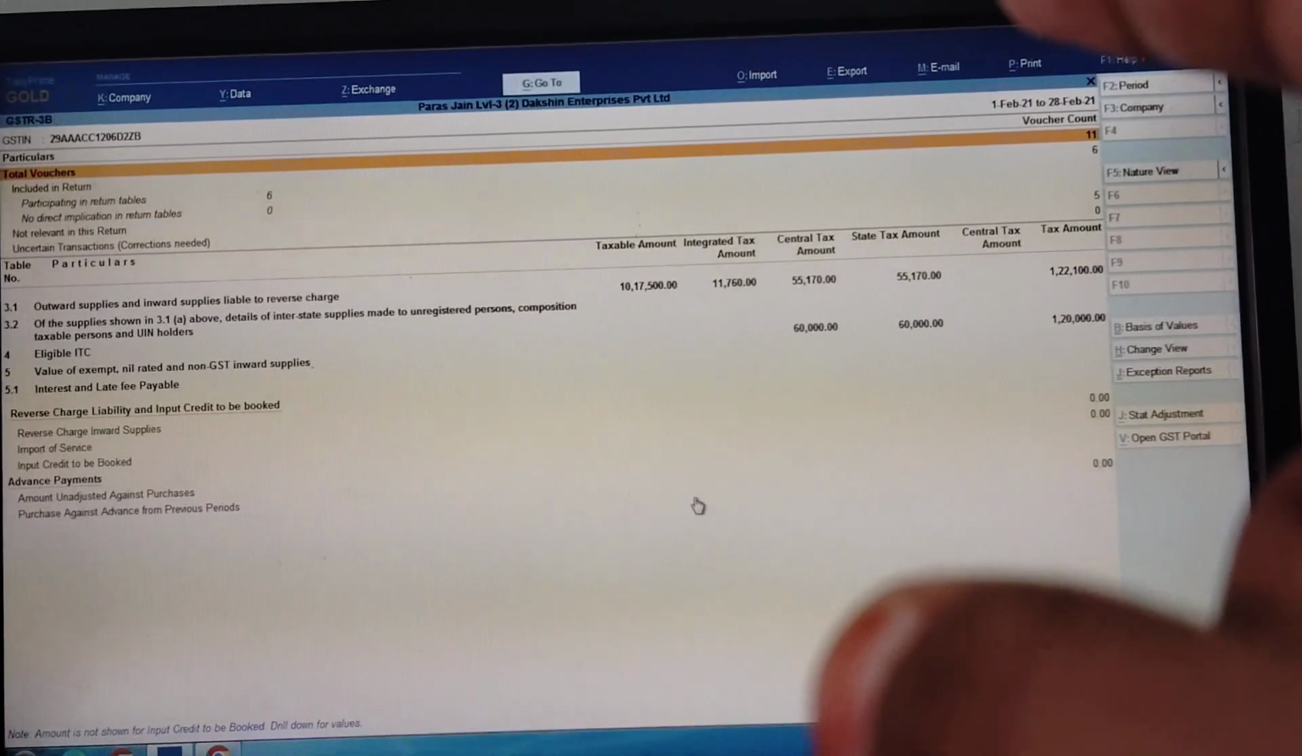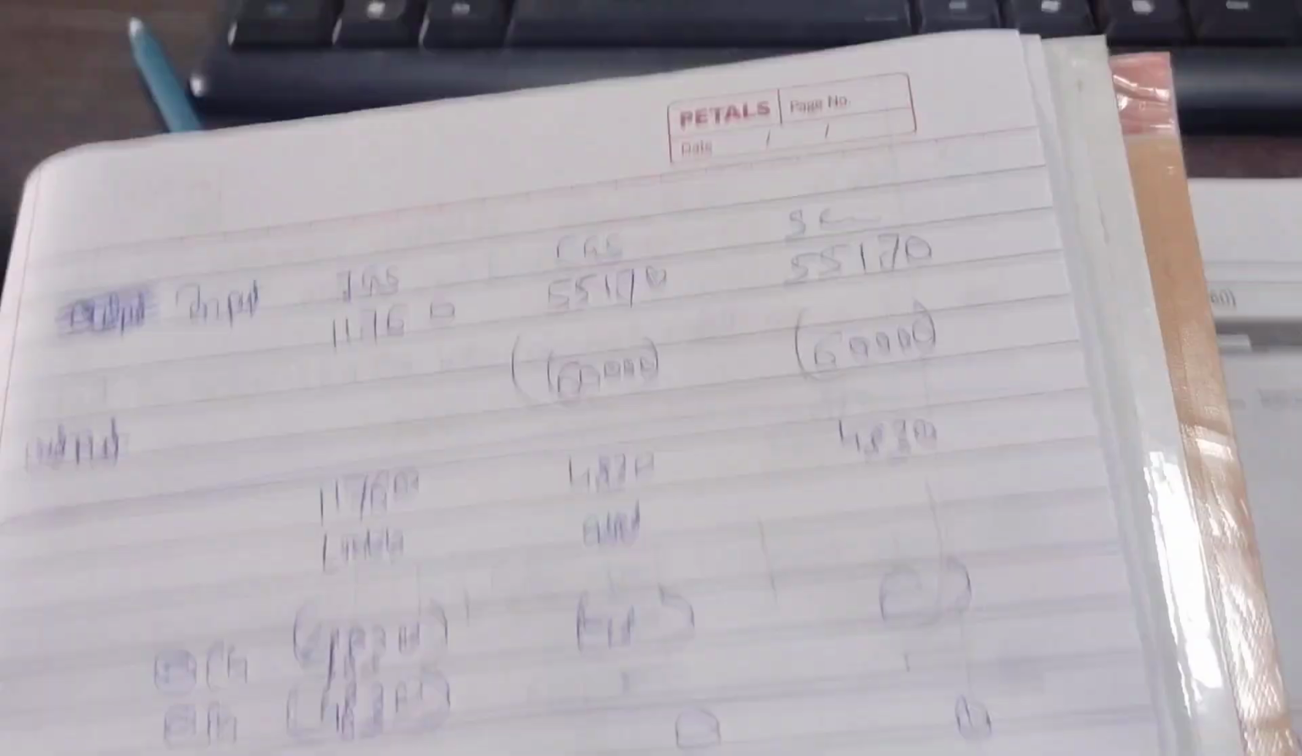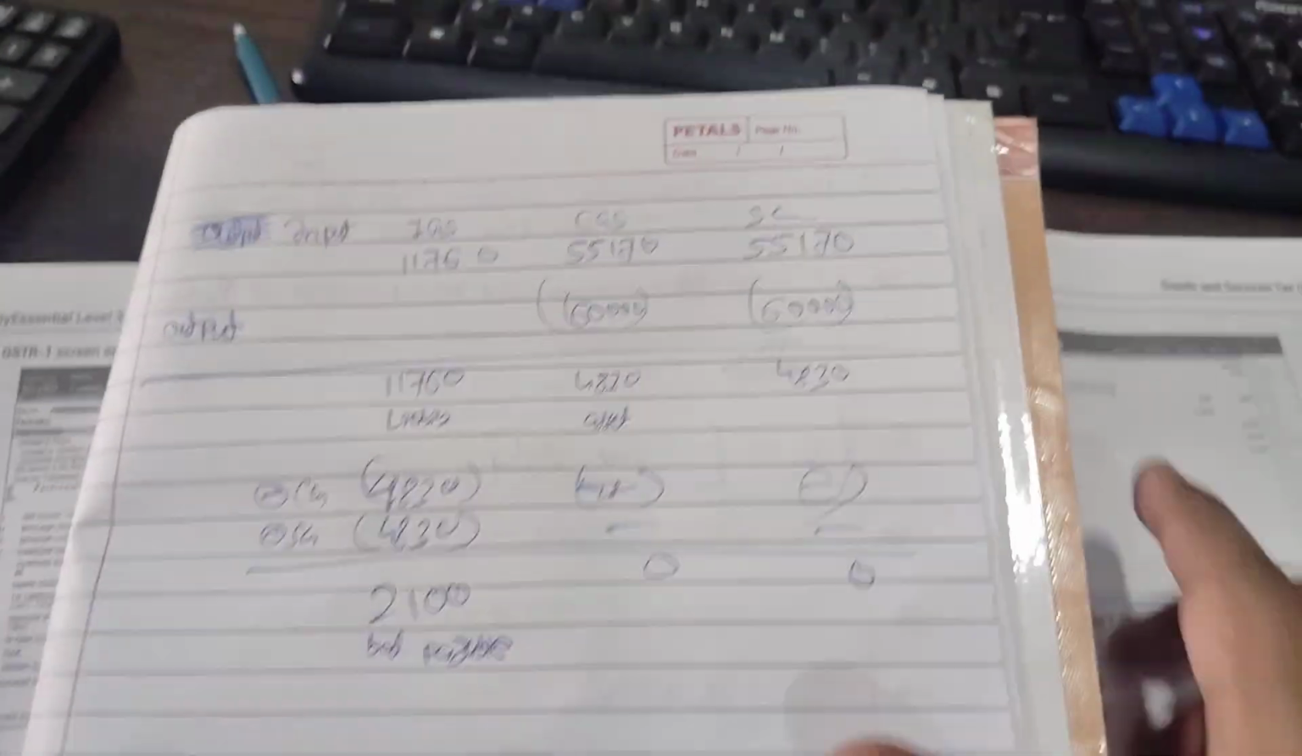So what we will do first, we will write down all the things in our copy, like say here input,